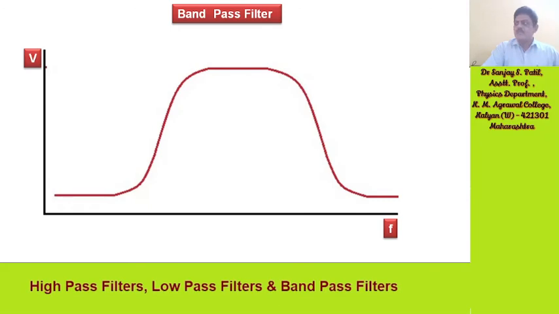So the basic idea is to block unwanted signals and to pass wanted signals, and that is why it is called a filter. There are types as per the requirements, whichever filter we require, whether a high pass filter, low pass filter or band pass filter. So this is all about the filters which we have seen.